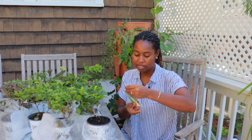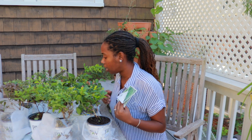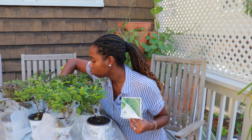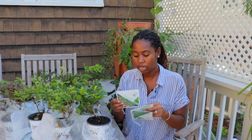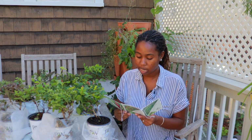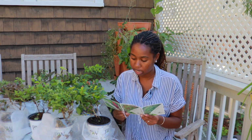Then we have a Miss Violet, and we also have a Miss Molly. Trying to get Miss Molly here. So Miss Molly and Miss Violet, I believe they both get 4 to 5 feet tall and wide, hardiness zone 5 to 9,